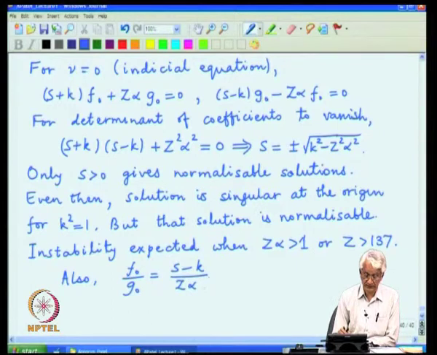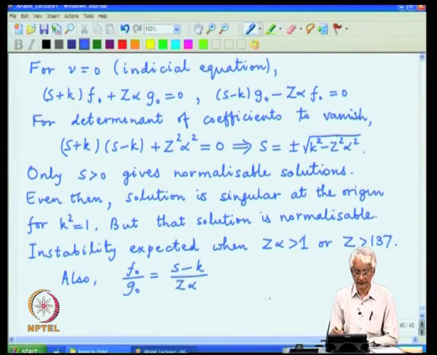And that essentially tells us which value is larger than the other. For the convention which we have chosen, S minus k is going to look like certain integers, and this is a finite number. So, this is a finite ratio, but depending on the value of the two terms, either f or g can be much larger than the other coefficient, and that will determine which component of the solution dominates over the other.